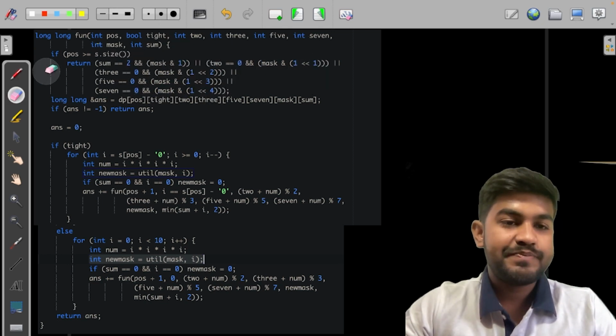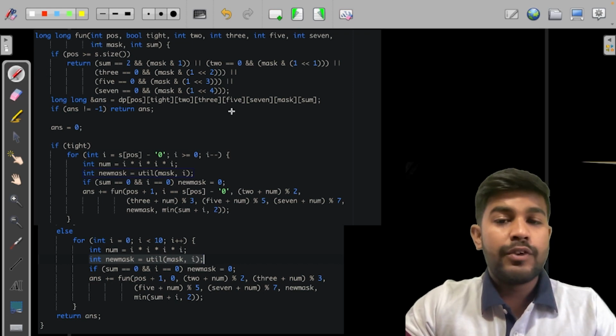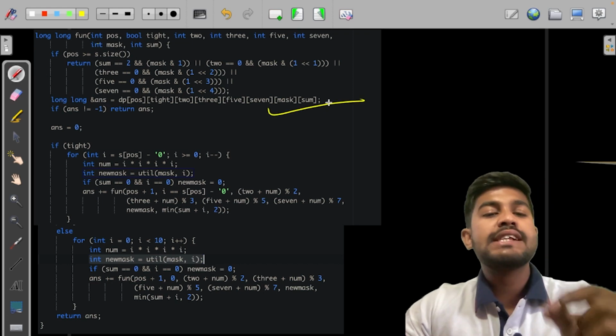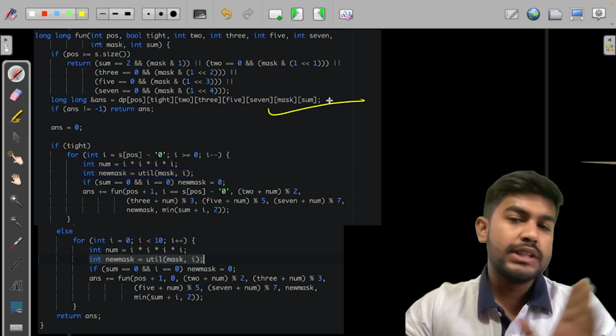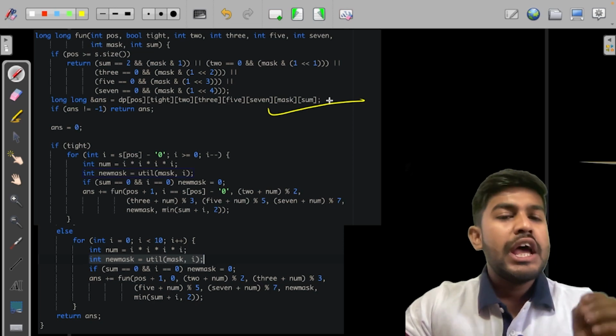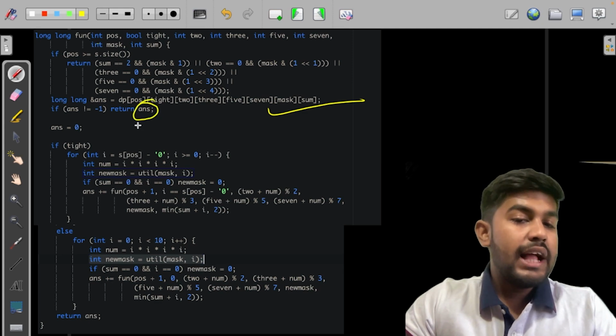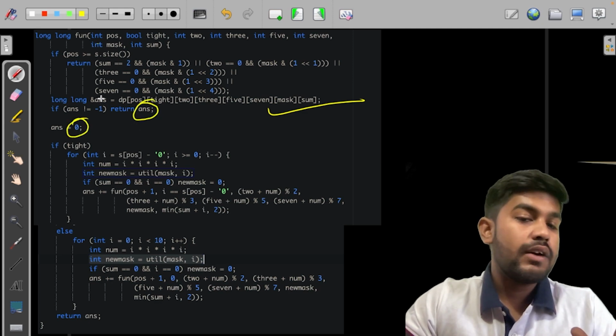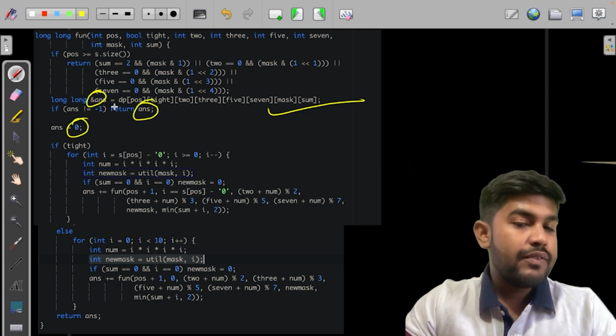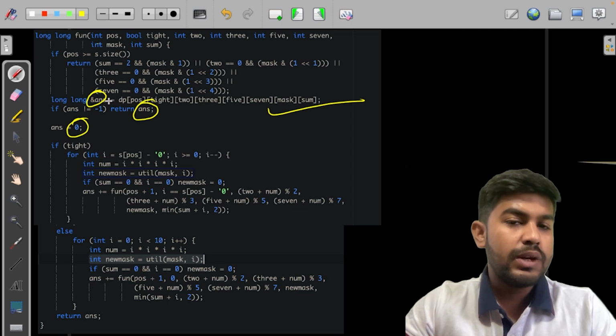Now moving forward, we would check if the answer is already pre-computed or not. This is just a part of memoization. If it is already pre-computed, it won't be -1, so we are returning it. Else, we start calculating it. And this would be passed by reference, so that we are saving the address only,